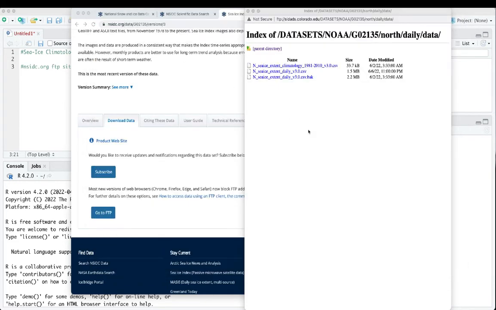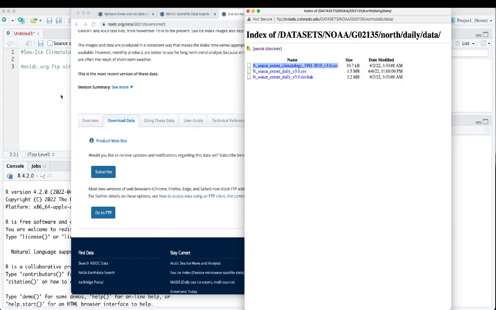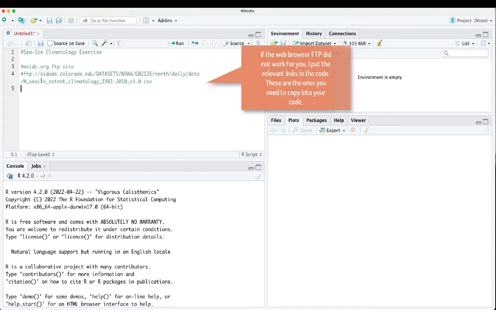You do have the option, if you want, to read in a CSV file with R, and we'll be doing that once you download it. But we're going to read this one right off the FTP site. So I'm going to come up here, right-click on this, and copy the link address, just like this, and I'm going to come back over to my code and put it in quotes, just like that. So this is a site that we're actually going to read data from. We're going to read that directly off of the FTP site,